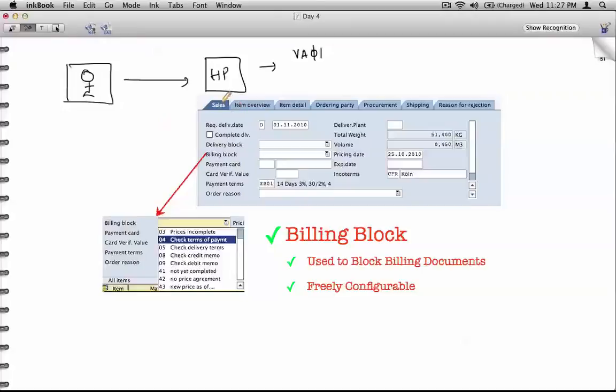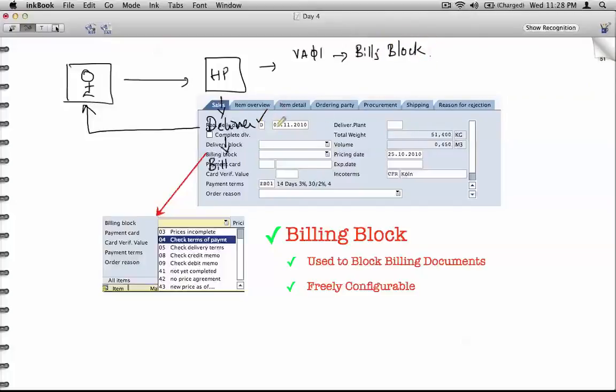So HP will deliver the goods, okay, and then bill the goods. But before billing, they will ensure that this delivery has really reached you. So what they'll do is put a billing block here,